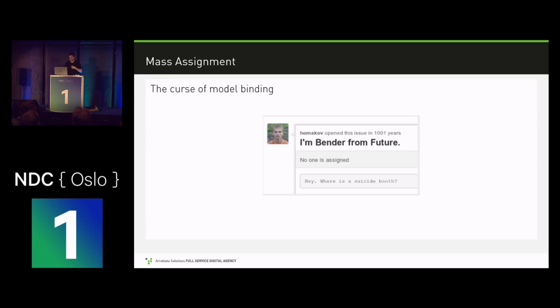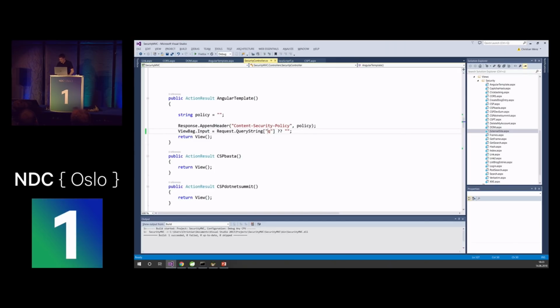In that case, however, that issue was opened 1,001 years in the future. That's interesting. So how did that happen? Now, GitHub is using, I believe, Ruby on Rails, but I've replicated this because it's more or less technology independent. And what I've done is I've replicated this using this Visual Studio version and the